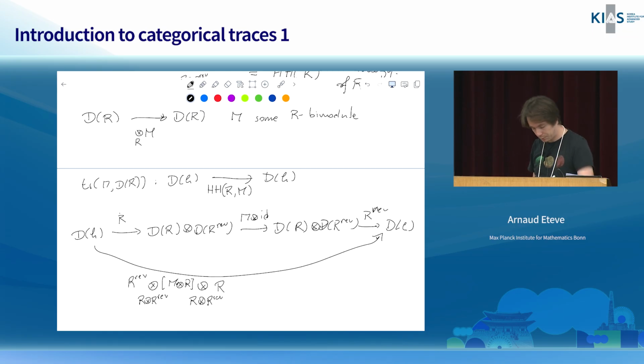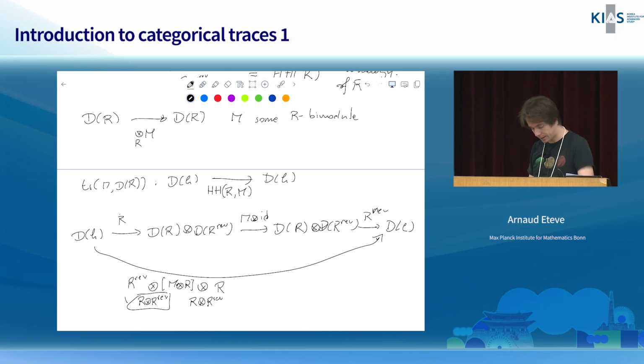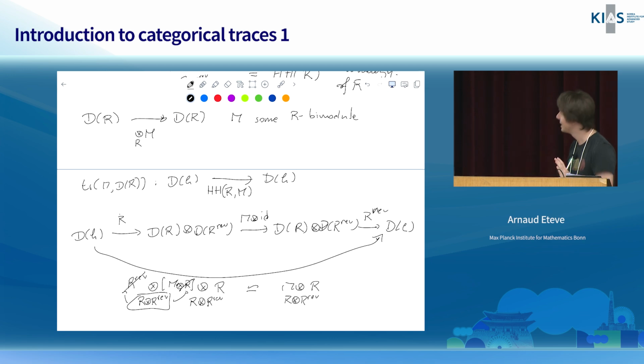Specifically, this thing here is going to simplify this R rev and this R, and you're going to be left with M tensor R over R tensor R rev. I'm sorry, it's still not big enough for you, but okay. I visibly have an R rev that is switched from the calculation before. If we start to look for sign mistakes like this, we can just spend the day on this. So it's something that we can figure out not during a talk. Okay?